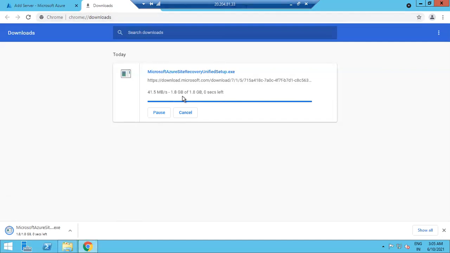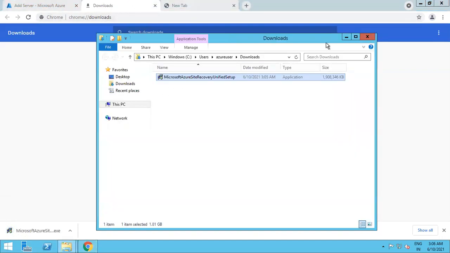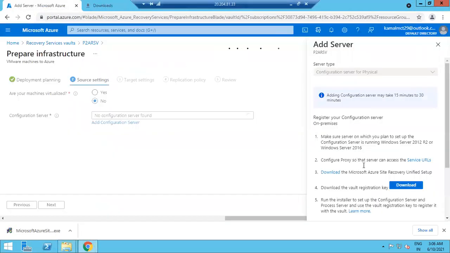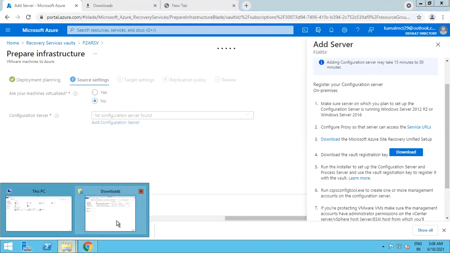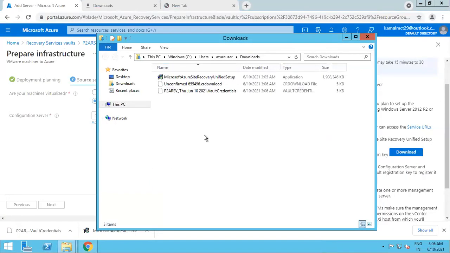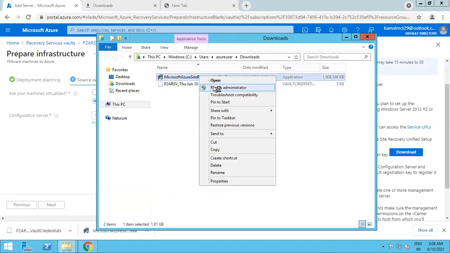Since it is Azure VM, the download speed is very good. Okay, now we download the unified setup agent. I'm going to download the registration keys because we need to register this VM configuration server with the RSV. In the backup, we used to say vault credential. Now here we are saying vault registration key. Okay, going to this, refresh this page, right click, run as administrator,